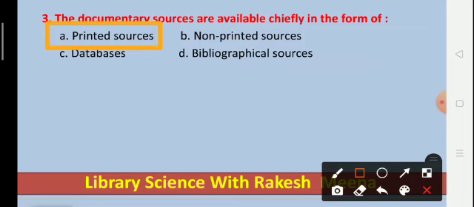Yes guys, the documentary sources are available in the form of printed sources, and printed sources are also known as a hard copy of material, data and information. So we know them as documentary sources. Next question is the